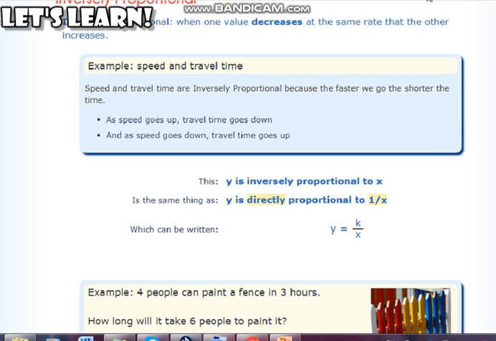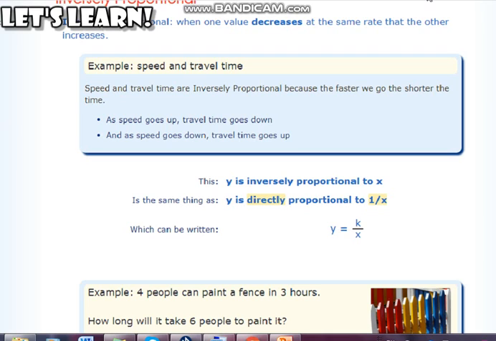When one quantity decreases, the other thing increases. The two quantities behave differently. The two quantities are basically the opposite. अगर एक चीज़ इंक्रीज़ करेगी तो दूसरी चीज़ डिक्रीज़ करेगी. अगर एक चीज़ डिक्रीज़ करेगी, the other thing would increase. So this is what actually is meant by inverse proportion. We use the word indirect proportion also to represent inverse. Either we say inverse proportion or indirect proportion, they mean the same.